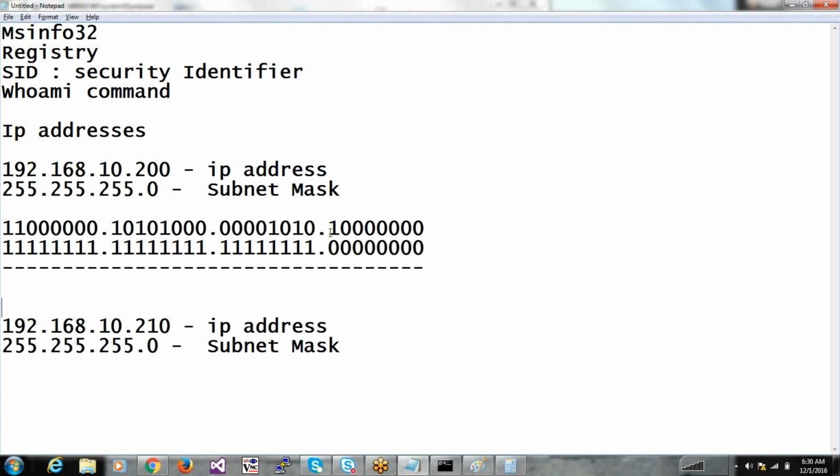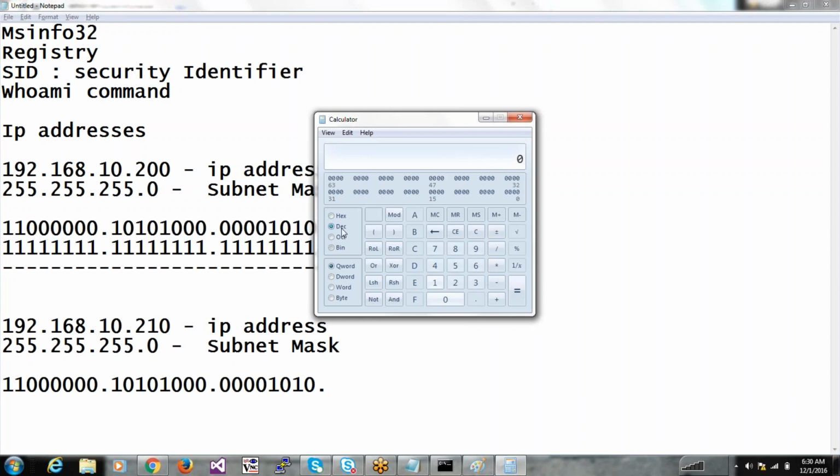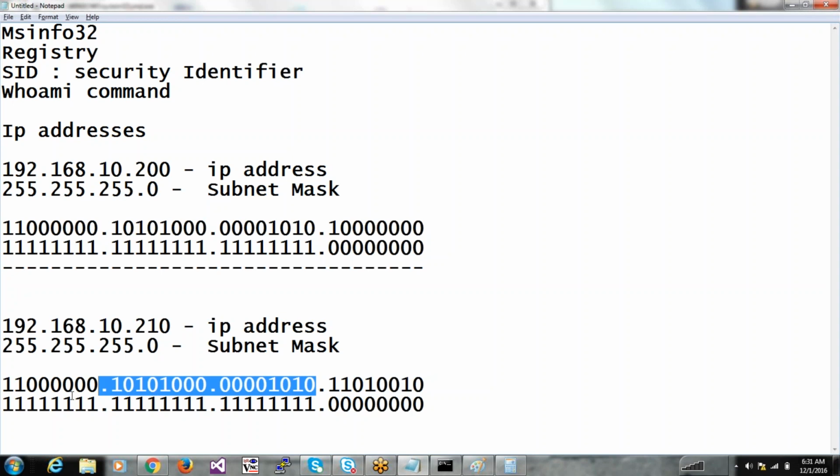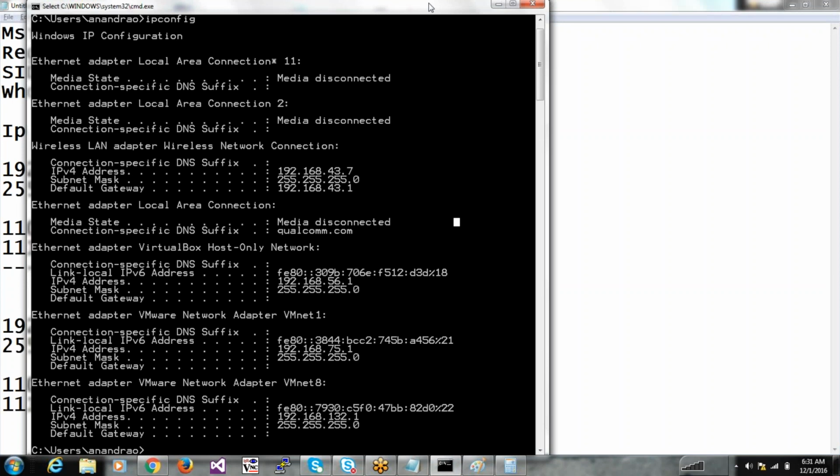All of this will remain the same for this IP address 192.168.10.210. Just the last part is changing, correct? So I'm going to do it for 210. So what this means is that if you have the same subnet mask, then just the last part keeps on changing, but the first part is the same for all the devices in the network. What that means is, this part